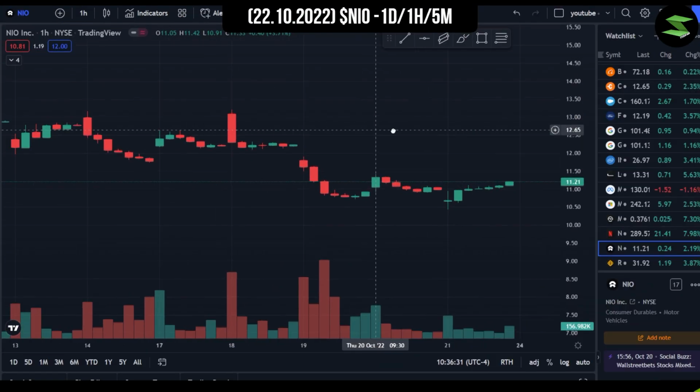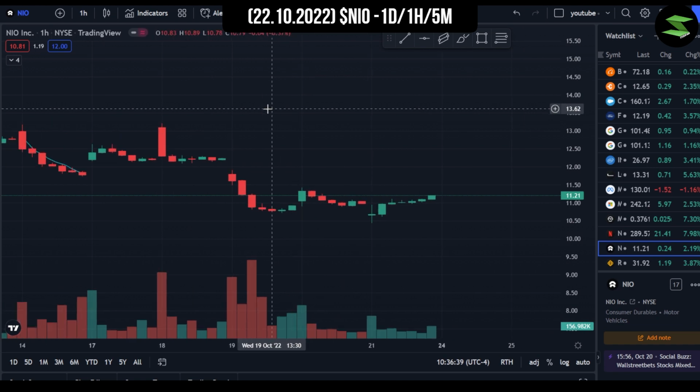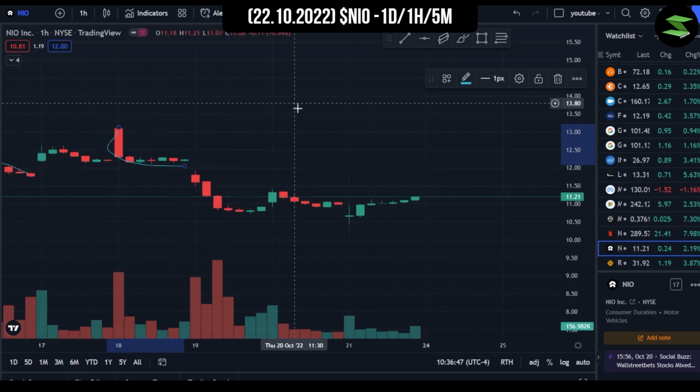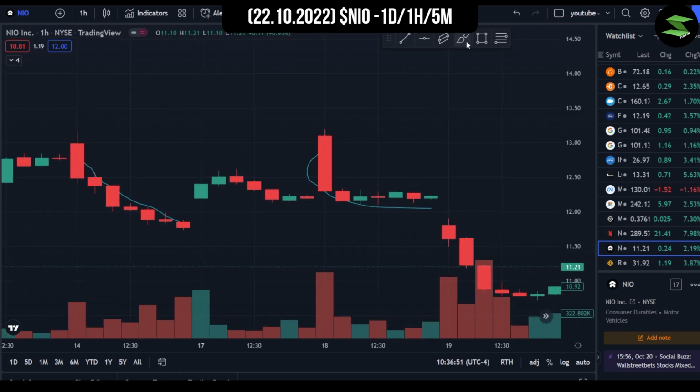Now that we're in the 1 hour chart, we can see some pretty strong sell-offs over here. So, of course, the first one would be over here on 14th October. This was probably the day that we got the negative earnings report, or rather, I'm sorry, the CPI report for September. Then 18th October was a negative day as well, but we made pretty much a tower over here, right? Just one big candle, and after that, it was just the base taking support, I believe, at the